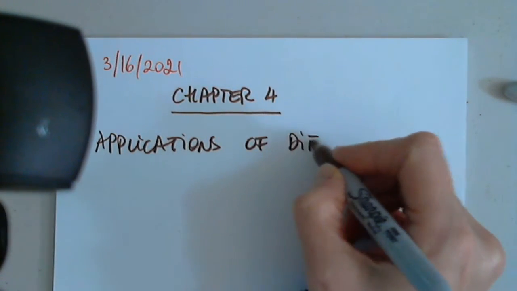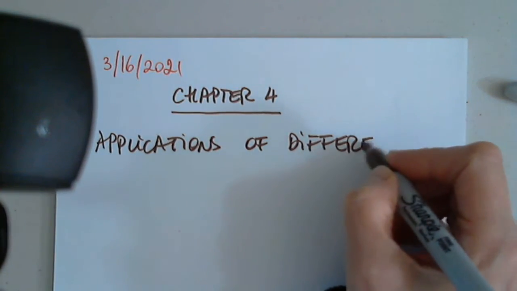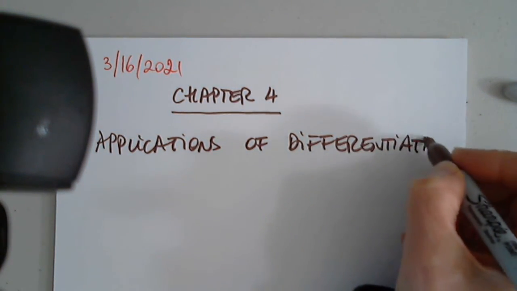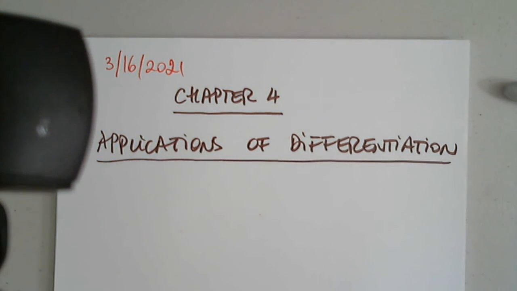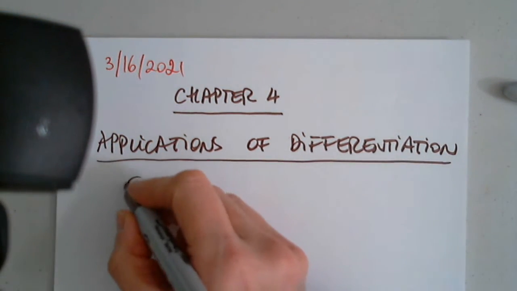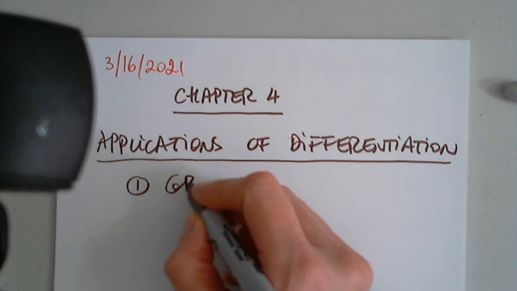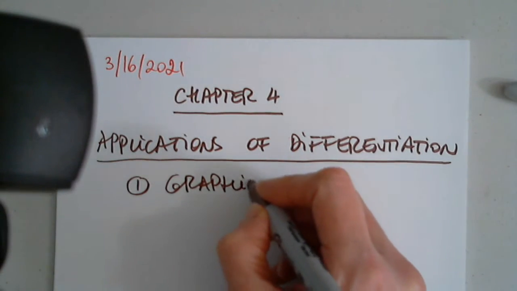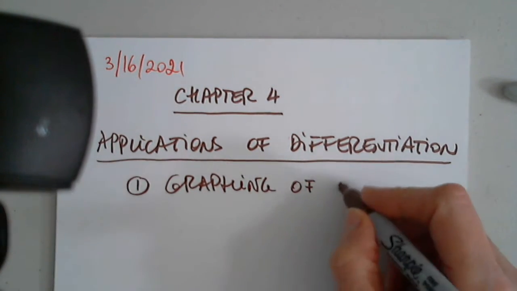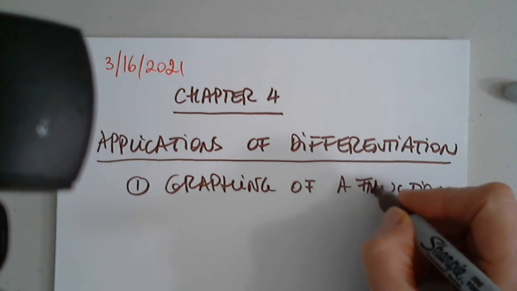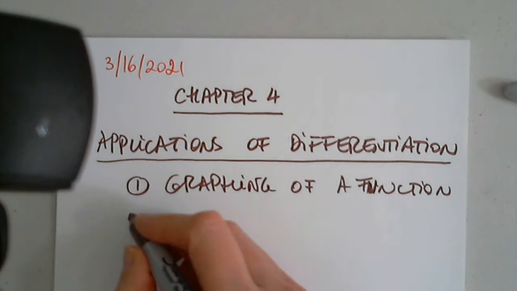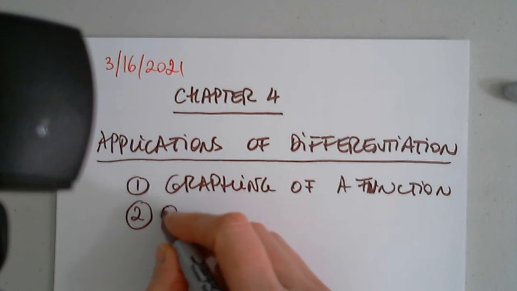of differentiation. We're going to look at a few of those. The first one is graphing of a function. Okay, number two, optimization,